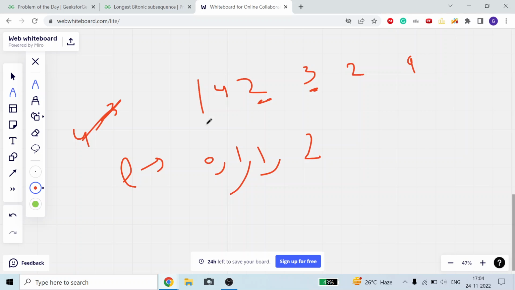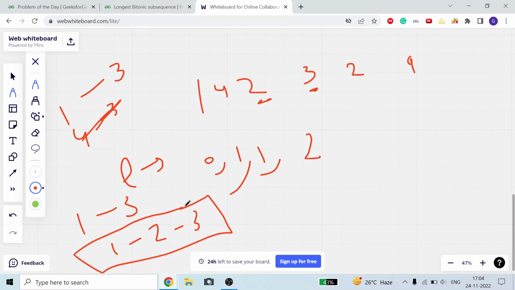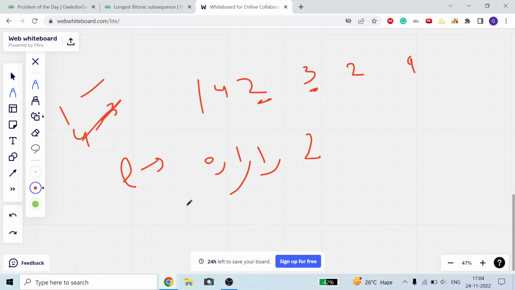Now for 1, can it be checked? Yeah. Can 1 and 3 be possible? Yes, it is possible. So what is the maximum length? 0 plus 1, that is 1, plus maximum of 2. We will take the maximum here, so it will remain 2 because we can include 2. We can include 1 and 3, but we can also include 2 and 3, so we will select this one because it has the maximum length. We will always store the maximum length, so it will be 2.